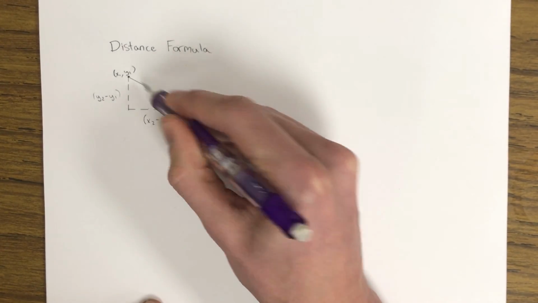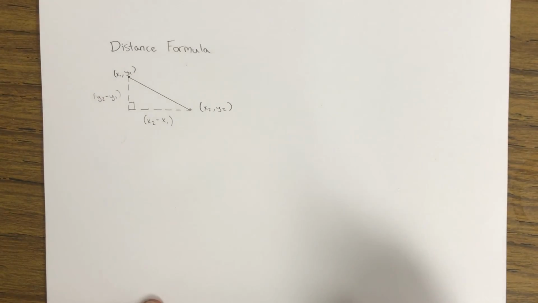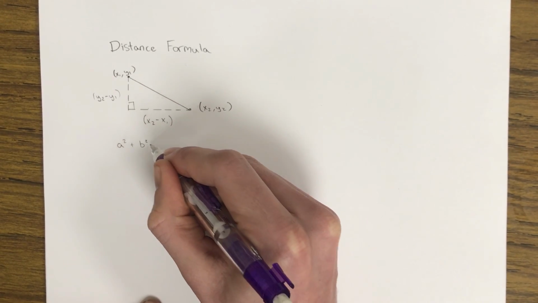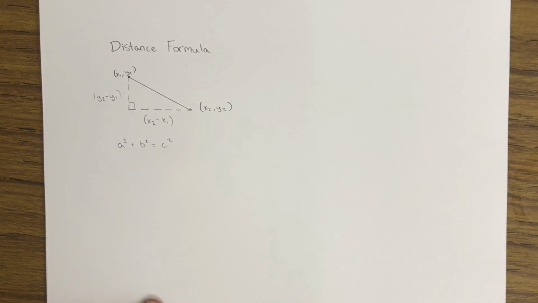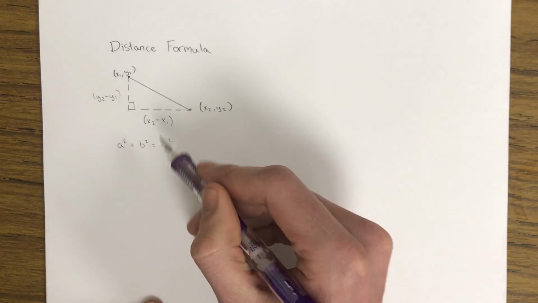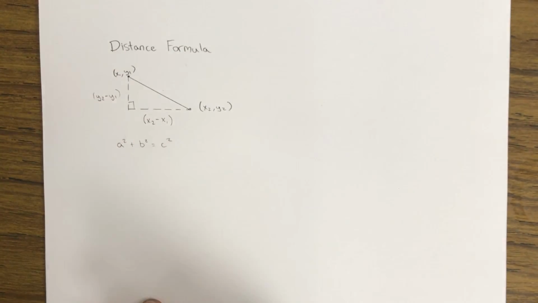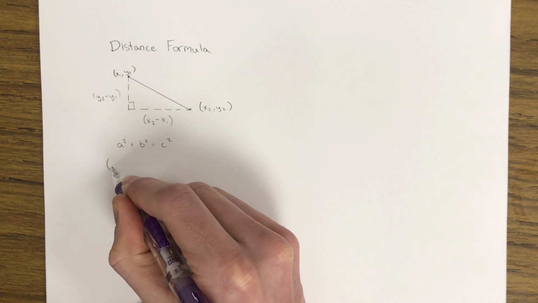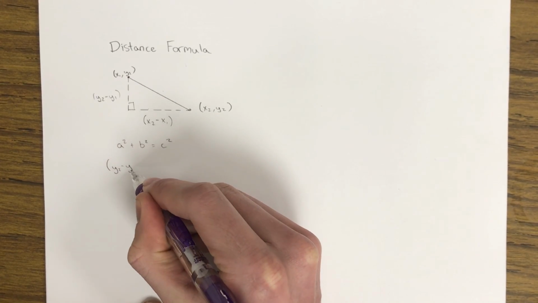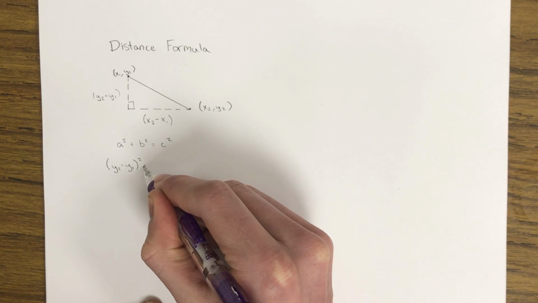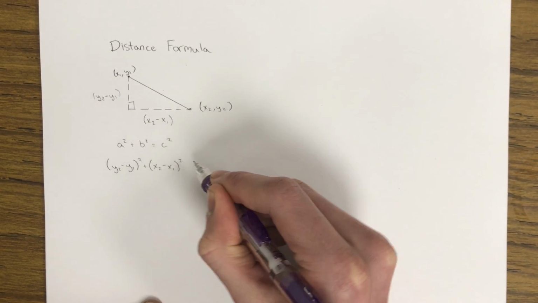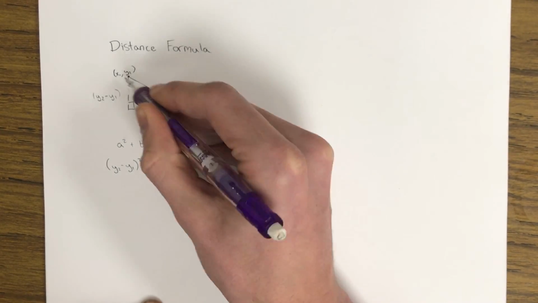And then to find the hypotenuse of a right-angled triangle, we use Pythagoras' theorem. Pythagoras' theorem is a squared plus b squared equals c squared, where a and b are the shorter sides of a right-angled triangle and c is the hypotenuse. So we are essentially looking for the c value, the hypotenuse of this triangle. So for the shorter sides, we've got y2 minus y1 squared plus x2 minus x1 squared,